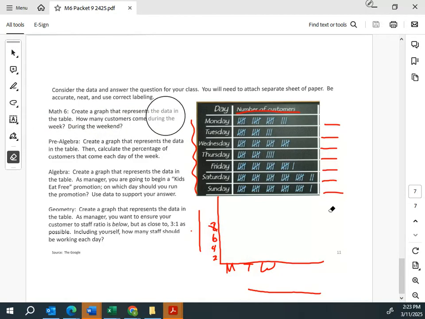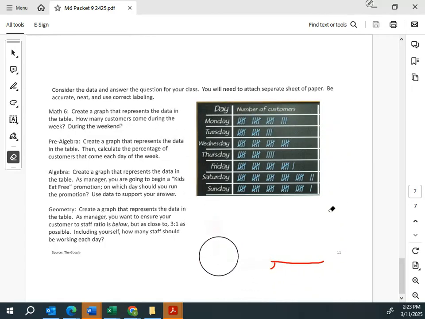If you still have questions on this math packet, make sure you come and see me. Remember, if you turn it in before next week Friday, you will have a chance to redo and fix up mistakes that you make. It is due next week Friday, so everybody needs to have it turned in for good by the